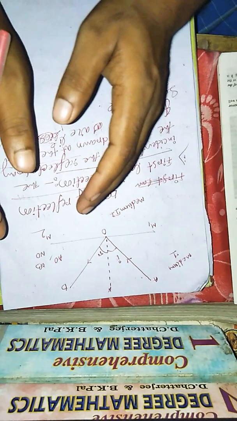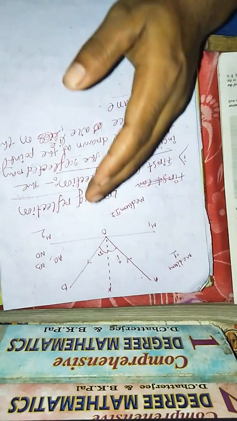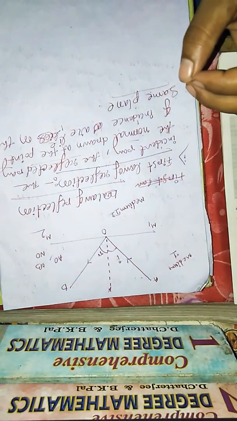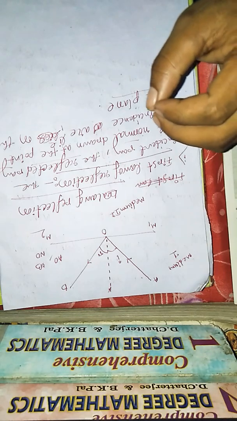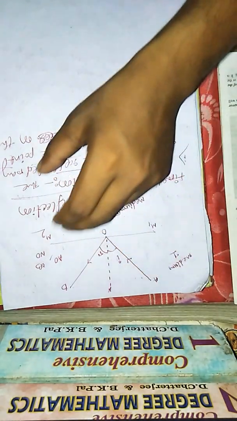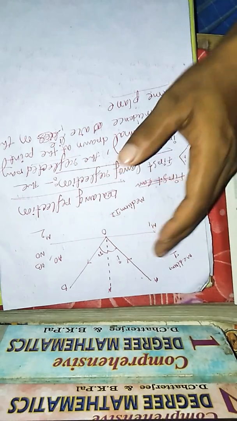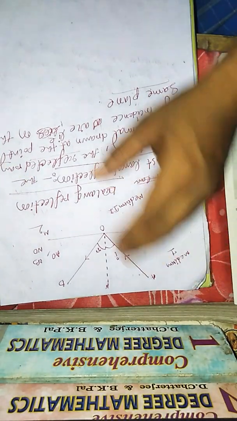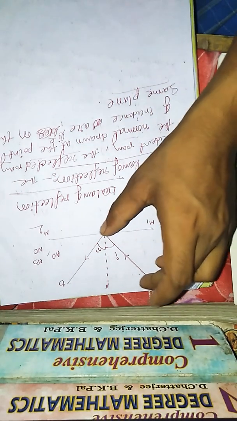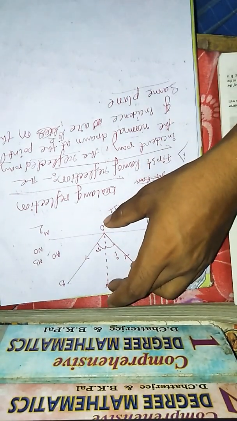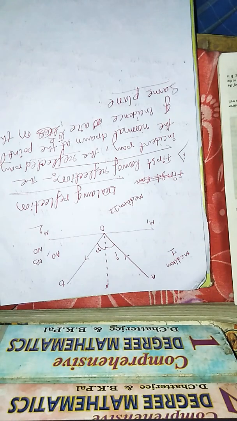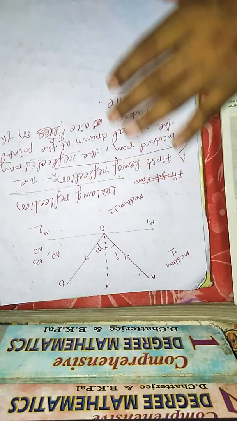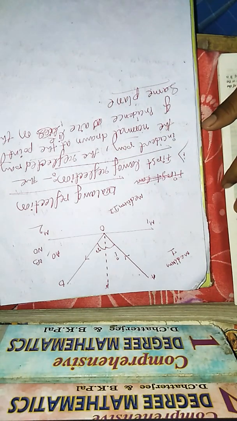These three are the parameters of reflection. AO is the incident ray, OB is the reflected ray, and NO is the normal. These all lie on the same plane. Here in this picture the reflected ray, the incident ray, and the normal are all on the plane of the paper. So these three parameters always lie on the same plane. Okay, this is what the first law says.